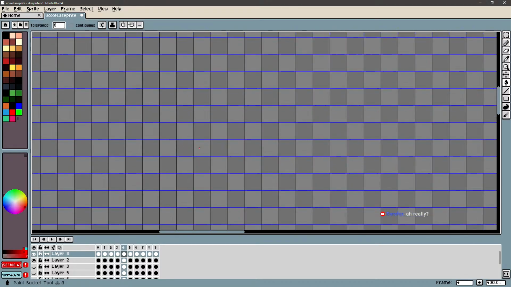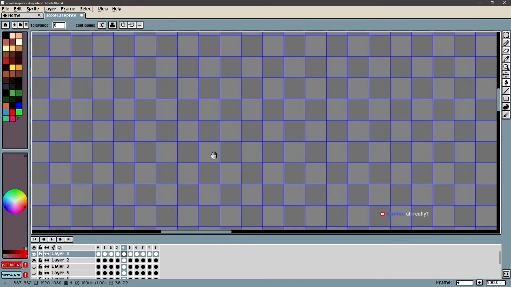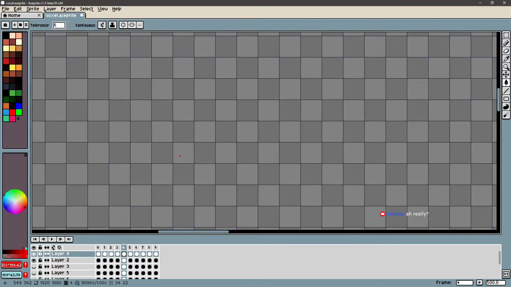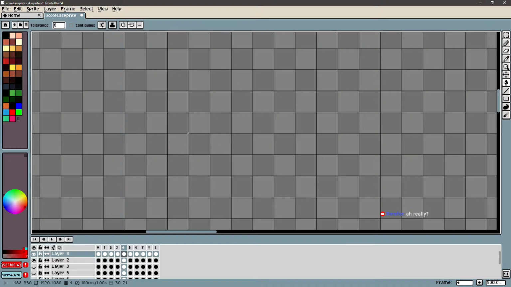Do you understand how tiles work? If you want to make a game and you want to just use a tile set to create the world,